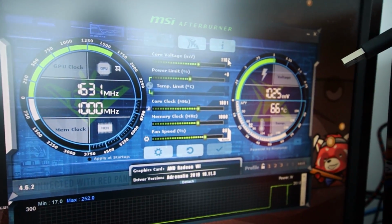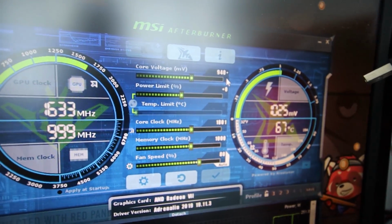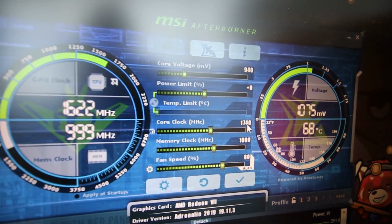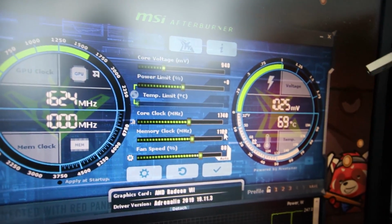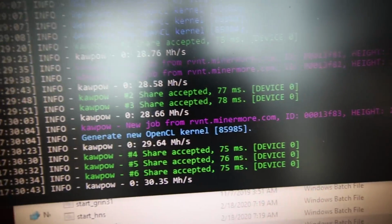Okay, so now let's do some undervolting here. So in MSI Afterburner, instead of 1100, we're gonna try 940 millivolts. And then the core clock, we're gonna go down to like 1740. Yeah, I think that's good. And then let's go to mem clock. We're gonna bump it up 100. So 1100 mem clock, and hit the check mark. And now we shall see if there's gonna be any